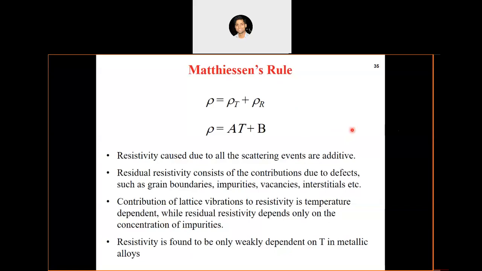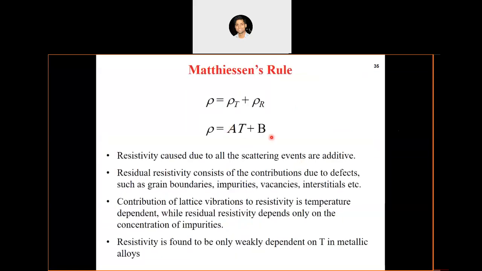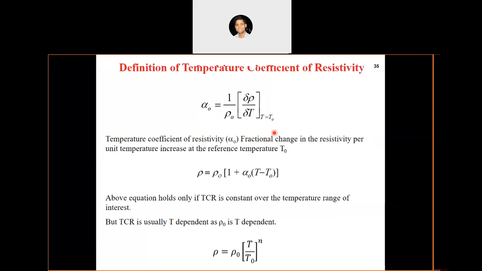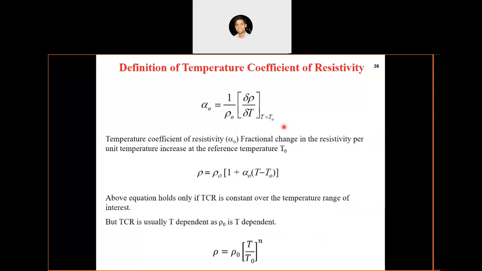If it is clear, then maybe one more concept we can introduce today. We have got the temperature dependence of resistivity. We can write rho is equal to AT plus B. But for practical purposes, in experiments when we are designing materials, we use a different parameter, which is known as the temperature coefficient of resistivity. If we define these constants A and B, we will get this relationship. But for conventional reasons, we use this parameter, the temperature coefficient of resistivity, which is defined as the fractional change in the resistivity.